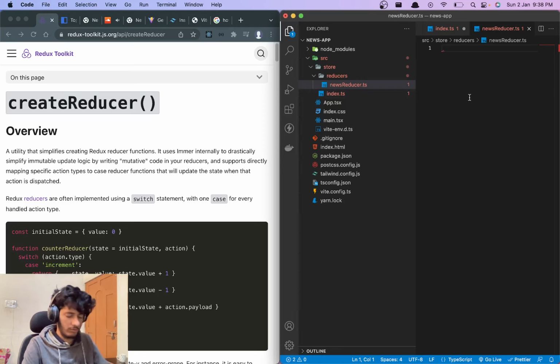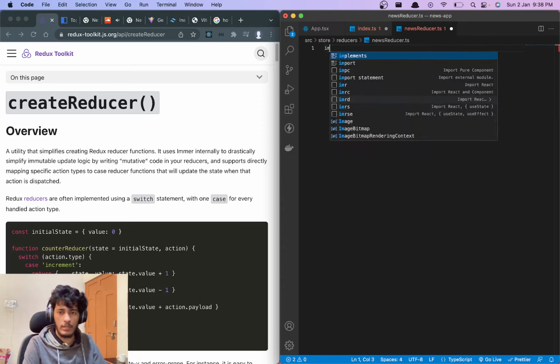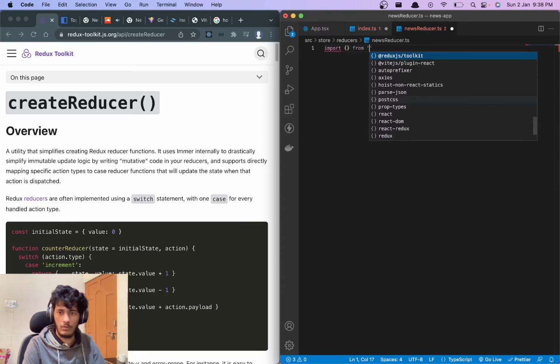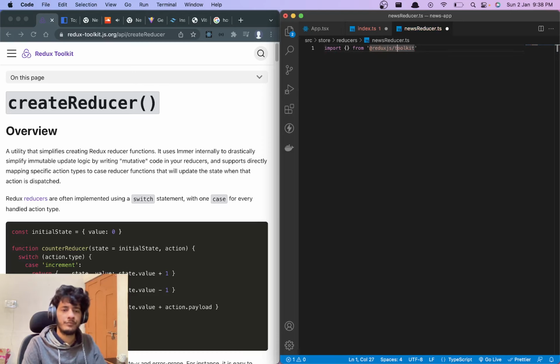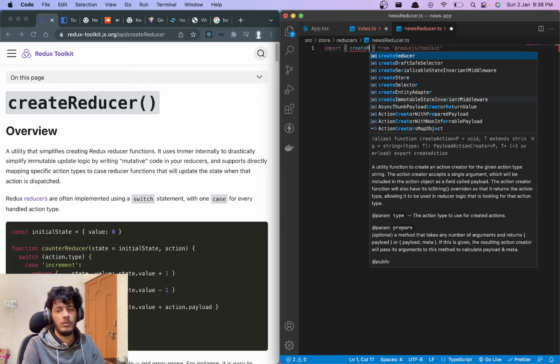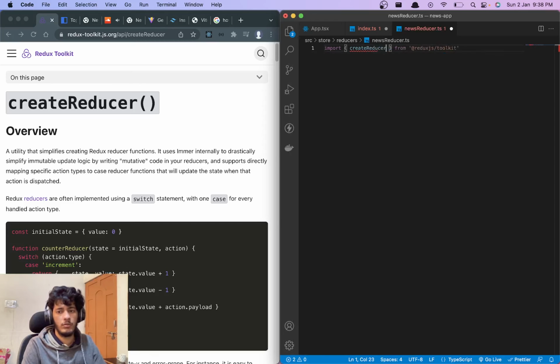Next thing what we can do is this is the news reducer, right? And how to create this. So what if I import this, create reducer, right? So if we say